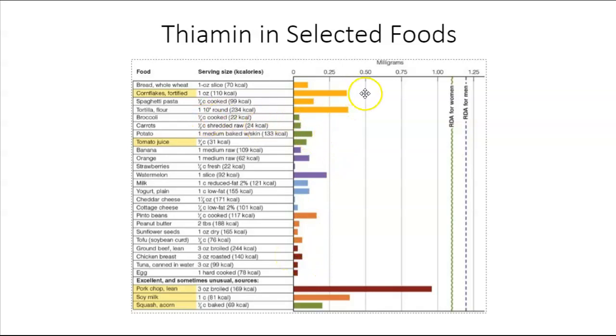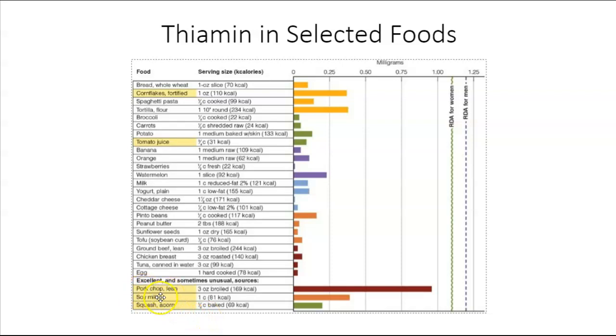So when we're looking at thiamine, we can say that cornflakes has a lot of thiamine in it, and typically that's because thiamine is added. A lot of the B vitamins are added to cereals. Tortillas also have a good chunk of thiamine in them. Down here, they usually list 3, and these 3 will change in the different charts, but these are excellent and sometimes unusual sources of that